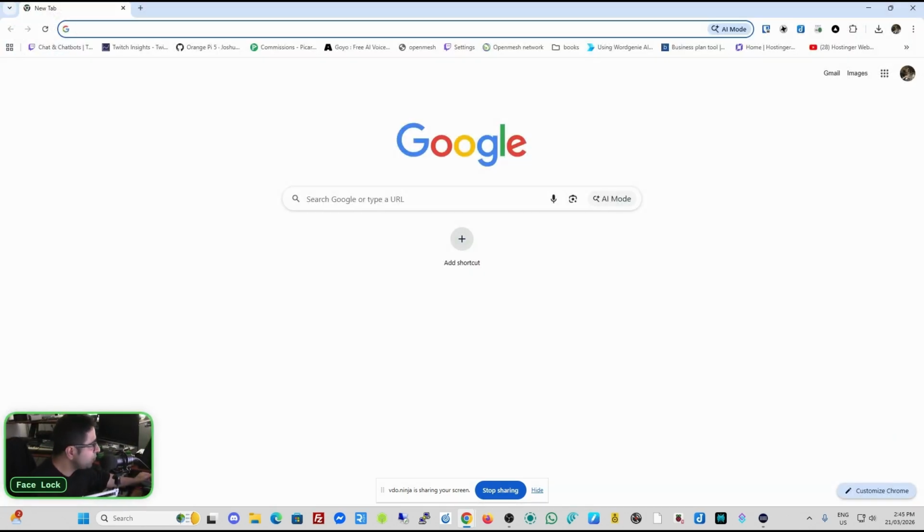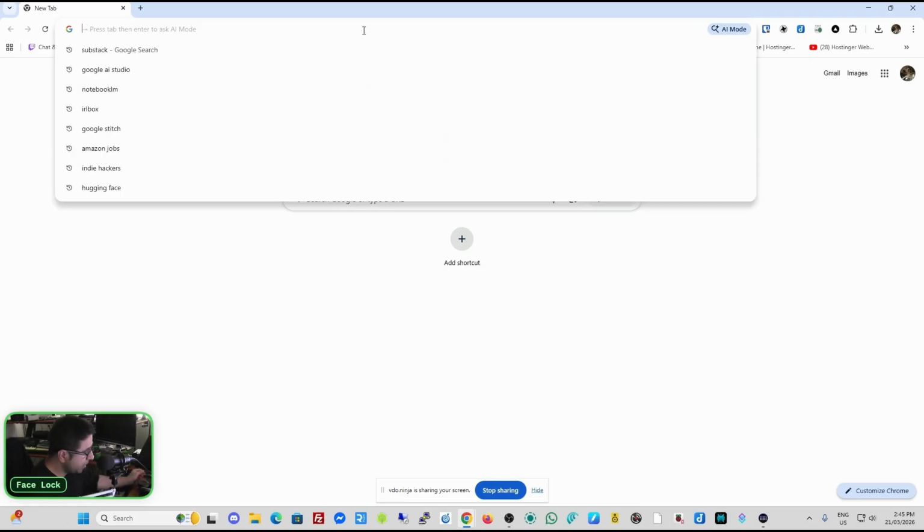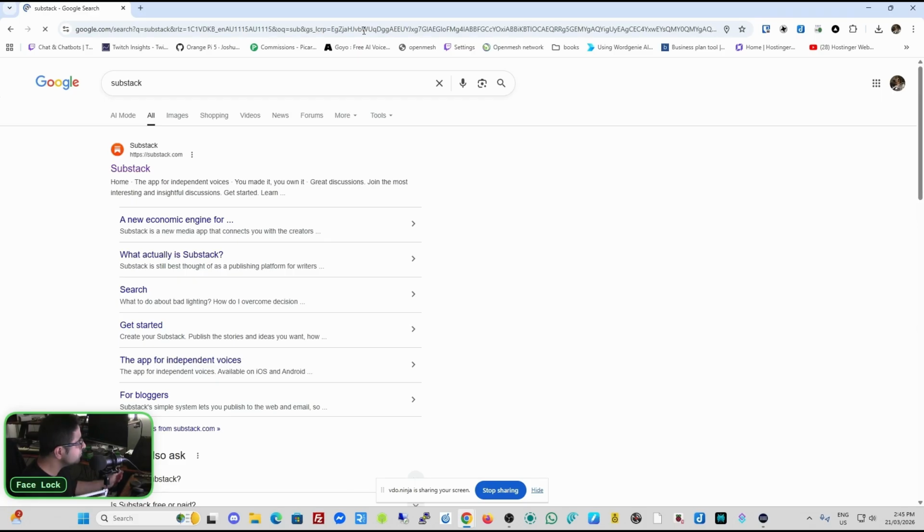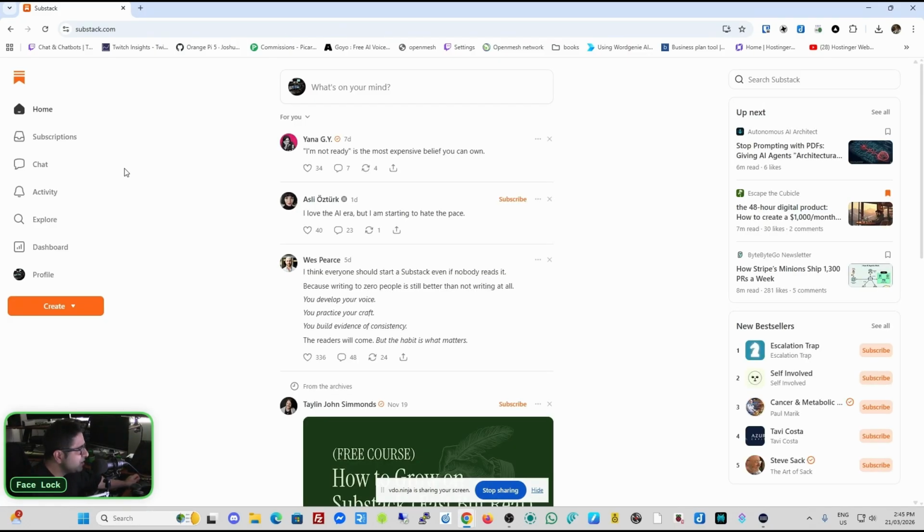The first thing you want to do is open up Google Chrome or Firefox and go to Substack. Just Google Substack and go to the first result that comes up. It's really easy to start live streaming to Substack. All you need to do is click on Create, and right over here, you can create a note, an article, a video, a podcast, live, coding studio. That's interesting, I haven't seen that. But we're going to go to live,